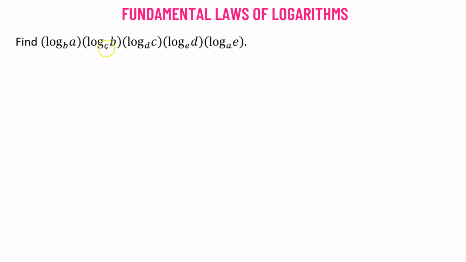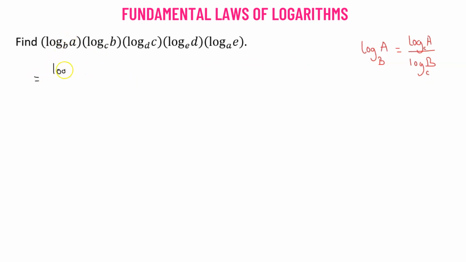We need to find the value of the given expression. So we'll begin by using a property of logarithm. If we have log a with a base of b, then this is also equivalent to log of a divided by log of b, provided both of the two logarithms have a common base. Let's call it c. In our case, we'll consider the common base to be equal to 10,